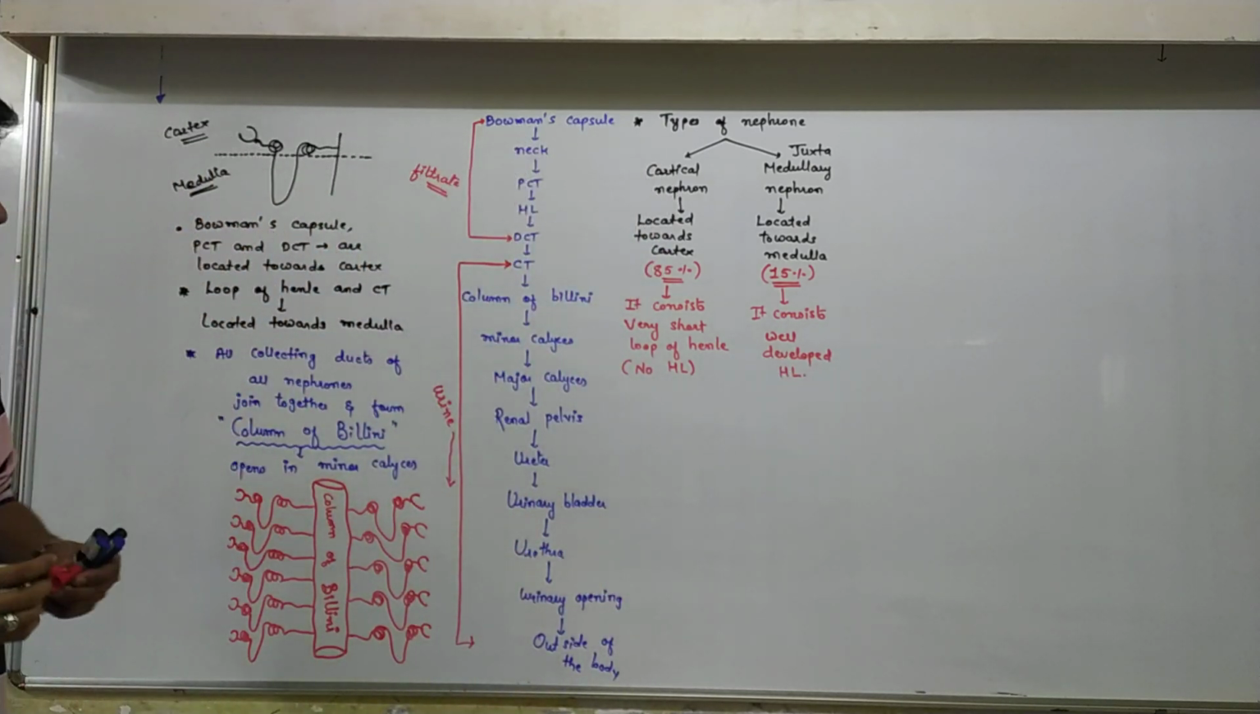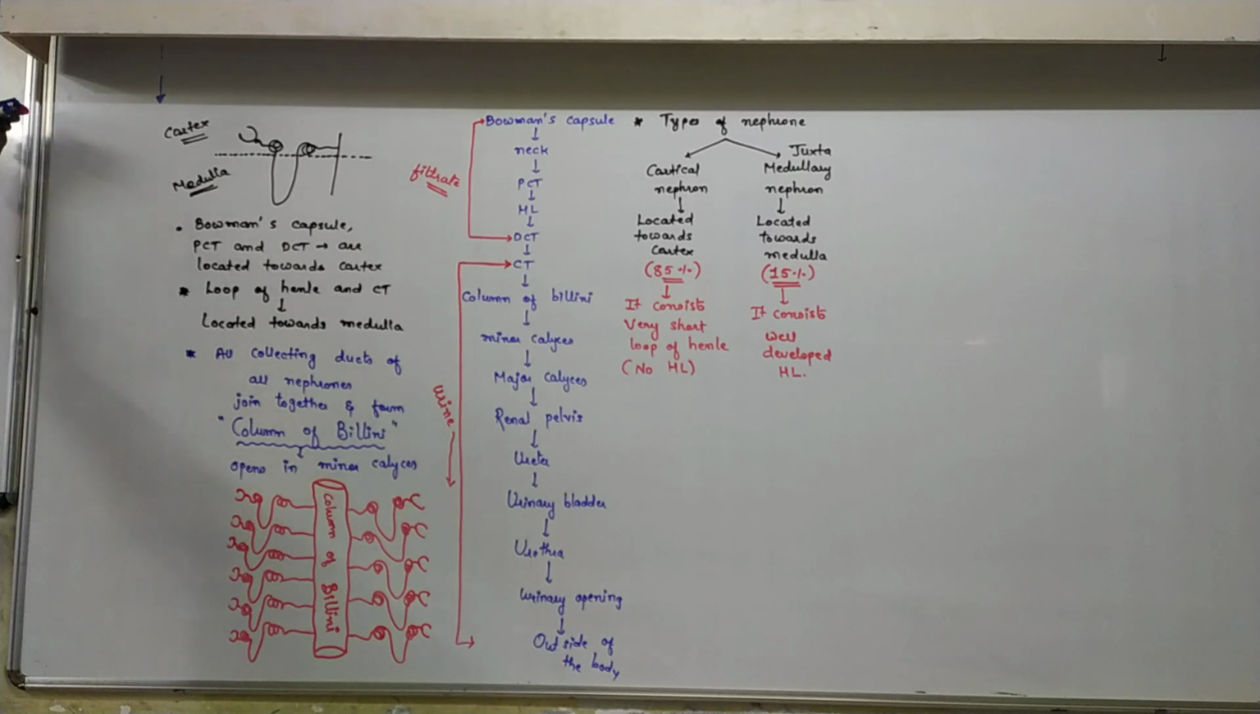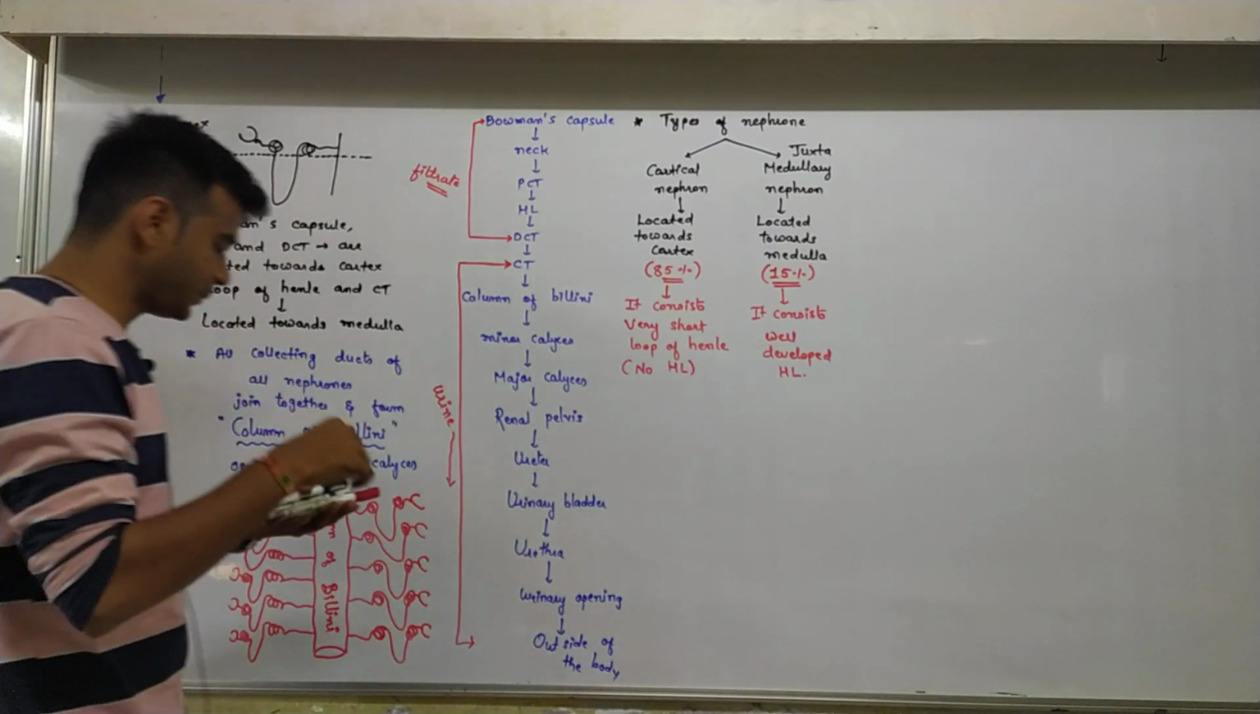See, cortical nephrons consist of a very short loop of Henle or lack a loop of Henle, and juxtamedullary nephrons consist of a well developed loop of Henle. According to this point,